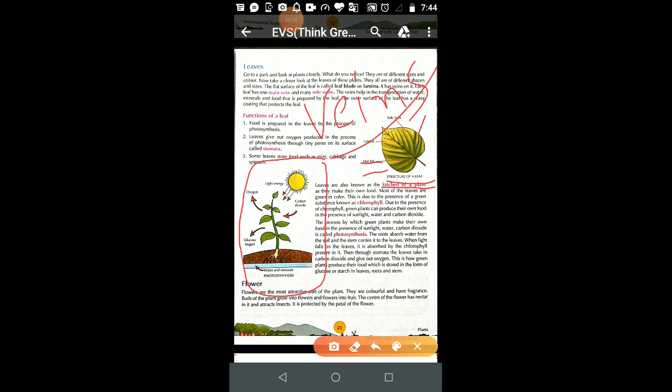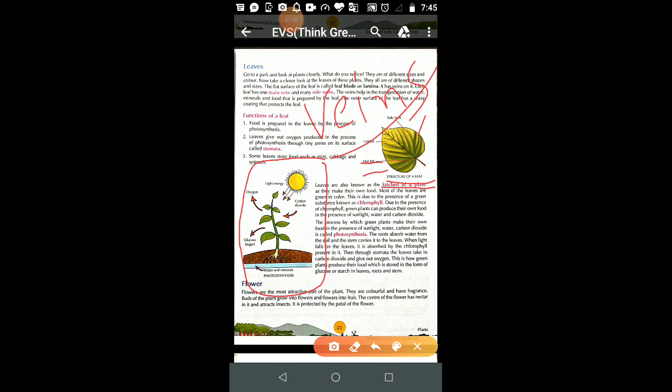And even in the structure of a leaf, I explained to you, there are veins in the leaves, and what is the function of the veins, that I already discussed with you. They act like a pipeline, which carries water, minerals and food up and down in a leaf. This is the role of the veins.